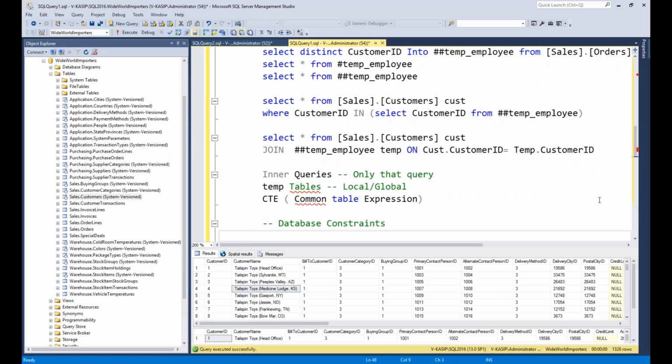What is the database constraint? A database constraint means you want to constrain your data. You want to make sure that your data has quality information. How would you make sure that you have quality data? It should not have nulls. It should have unique values. It should have the proper value set. If you have male and female, it must have only male and female. It should not contain any other values.